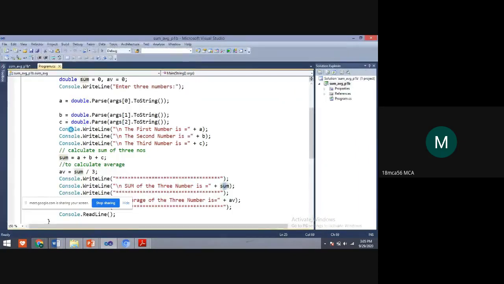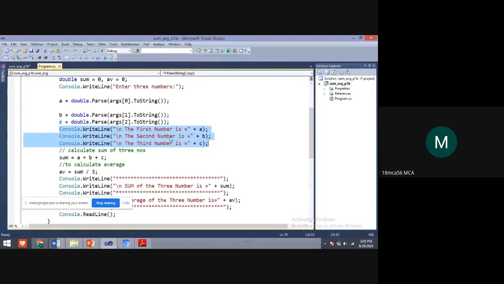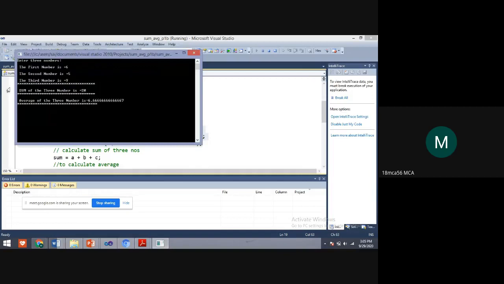Why I have taken these lines is because the arguments are passed in the command line. During execution time I am not giving any values here. I have passed them in the command line argument. Just for understanding purposes, I am displaying the first number, second number, and the third number.